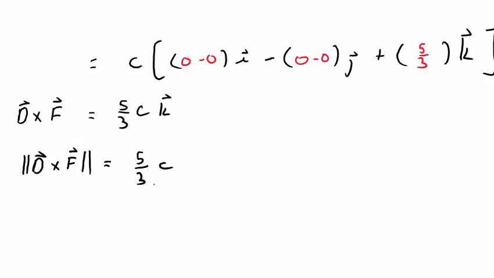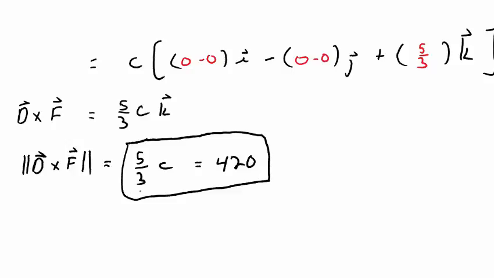Okay, so what? Well, let's set that equal to what we know the magnitude of the torque is. It's 420 foot-pounds. And if you solve this little equation that I've created for C, multiply both sides by 3/5, you end up with C is 252,